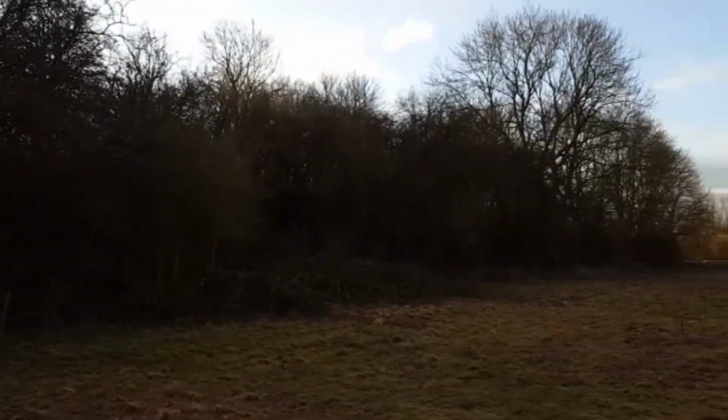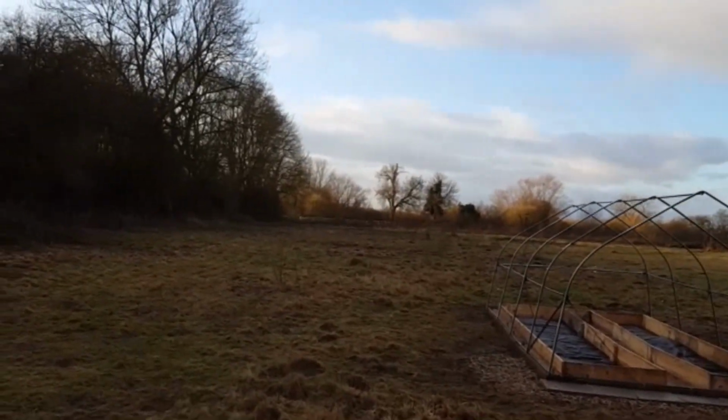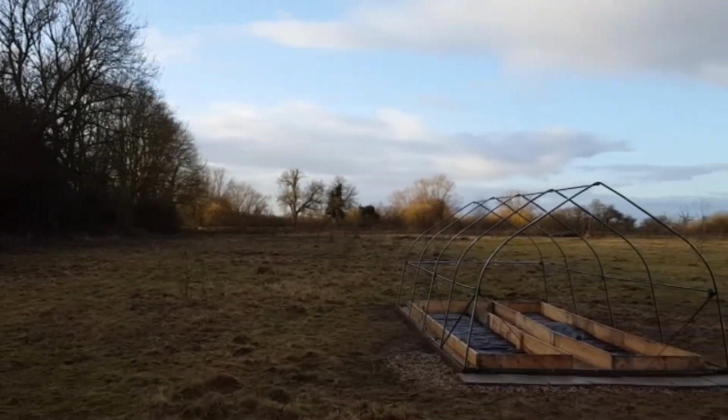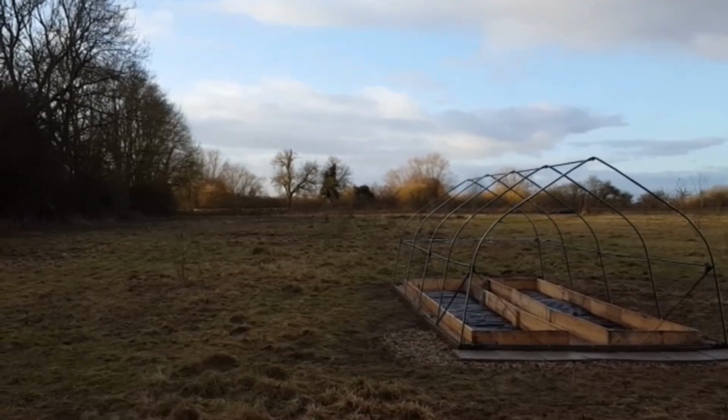Unbelievably, I do believe the sun is actually trying to peek out above those trees. I can just see traces of it down the far end of the field, so fingers crossed over the next couple of hours I actually get some dry and fairly sunny weather. Wind is still quite brisk and quite cool,